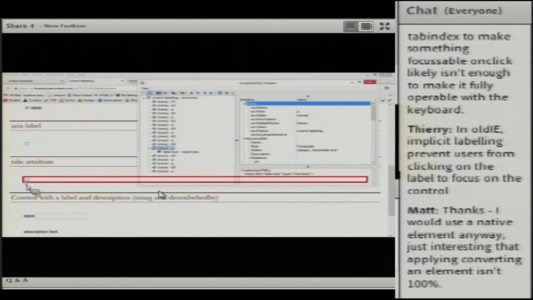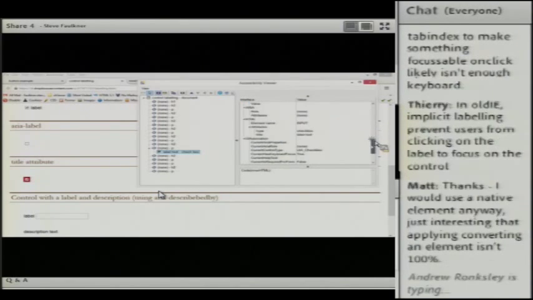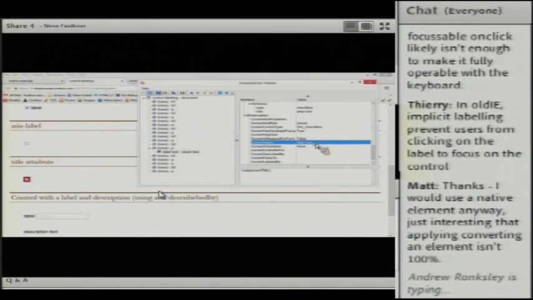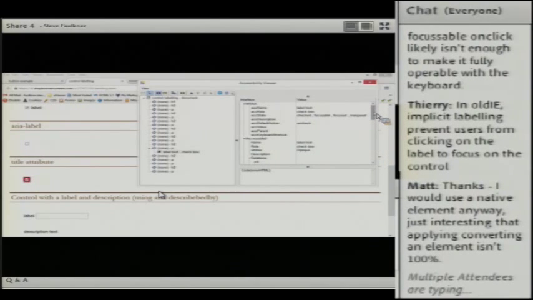So what we see here is the accessible name for that is label text, and that's coming from the title attribute, and that's the same throughout them all. It's sort of like a label or accessible name of last resort.